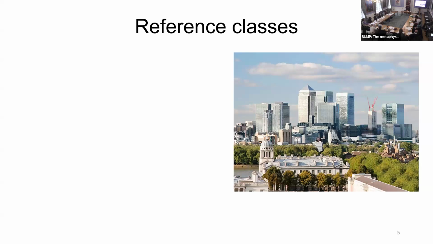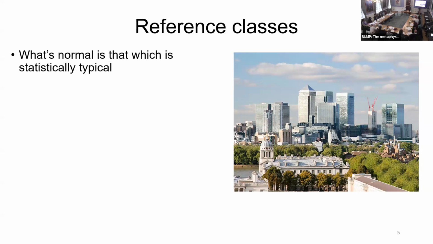So, the reference classes. I've got unapologetically unattractive slides. I've got two images which are deliberately silly, but they're leading up to an image which makes what I think is a really important and overlooked issue. So, reference classes. Boorse says that what counts as normal height is typical height, but clearly